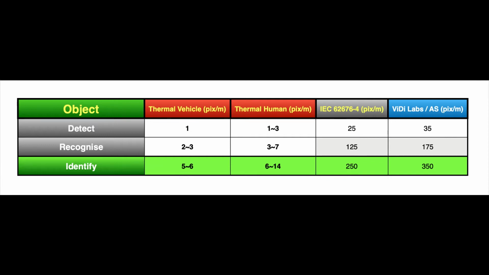As you can appreciate, for the thermal vehicle pixels per meter, in order to detect it, it's enough to have at least 1 pixel, possibly 2. Now clearly here you will very much depend on the clarity produced by the thermal optics. If the optics is not sharp enough or it's not focused, it will not give you 1 pixel clarity. So it's important to know that this is really on the edge of what the actual optics can detect. So for thermal vehicle detection, you need 1 pixel at least. For recognition, you need 2 or 3 pixels per meter. And for identification, you need 5 to 6